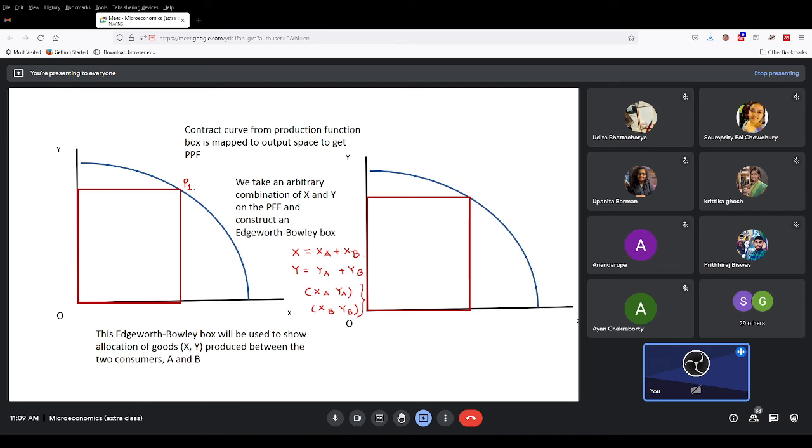Now we have drawn it for P1, but keep in mind that we can draw it for the Edgeworth-Bowley box for another possible point also. So this was P1. If we take another point P2,